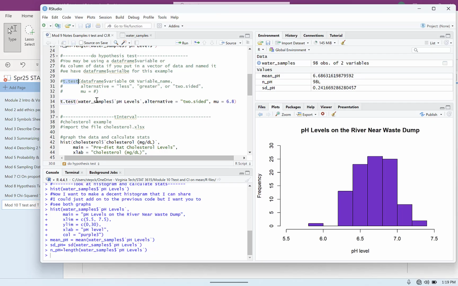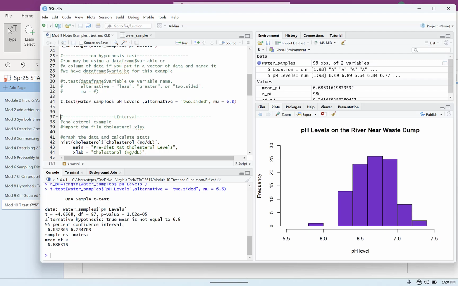Our data frame name is water samples, and our variable is pH levels. Notice pH levels has a space in it, so I do have to have quotes. I didn't actually type any of that. I started typing water samples, and it popped up with the data frame name. Then I did my $, and it popped up with the 2 variables, and I just picked pH level. Then comma, alternative equals, two-sided, 2-sided in quotes, comma, mu is equal to 6.8, and I'm going to run that